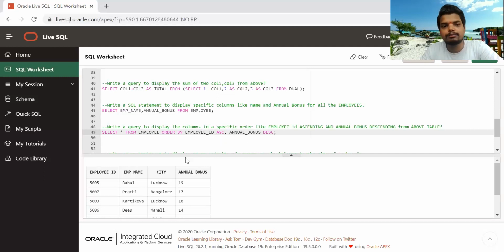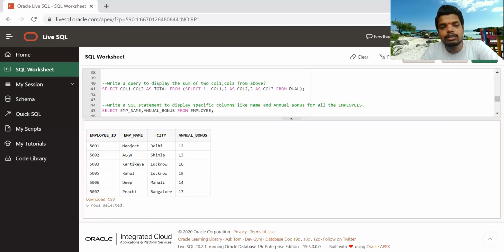Here you can see the employee ID has been sorted in ascending order, since all have different initials, that is M, A, K, R, D, P. If, alongside Manjeet, another person had been named Manu, and his bonus had been 14, then that person would have been at the top and Manu at the second place. So firstly it sorts in ascending order for the employee name, and then descending for the annual bonus.